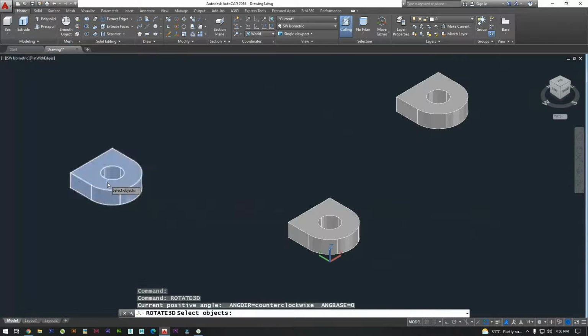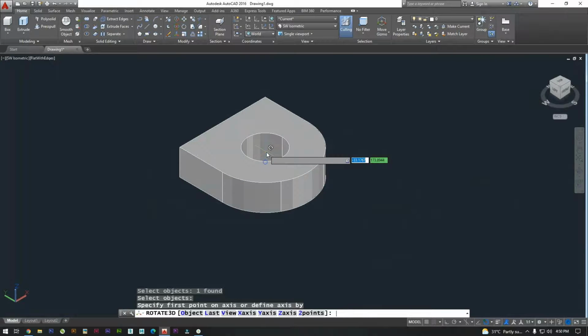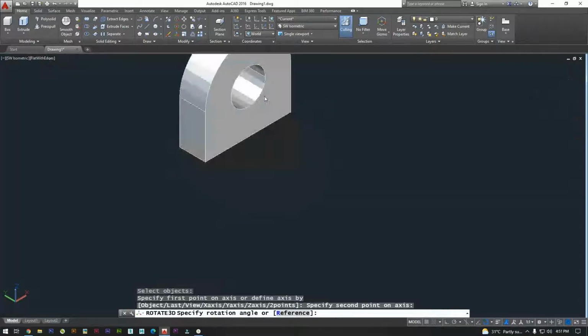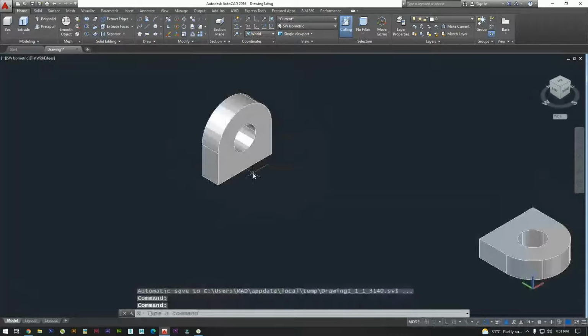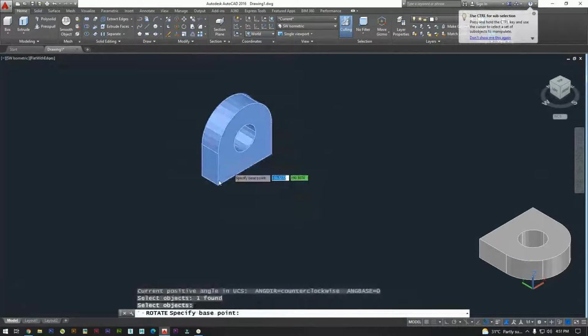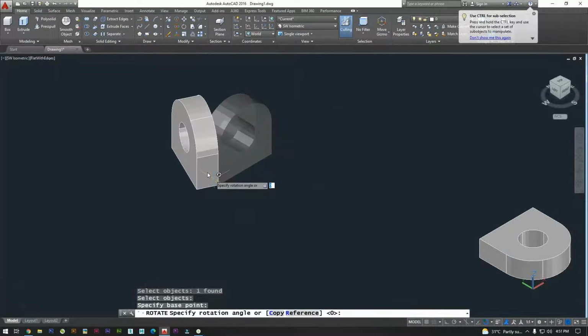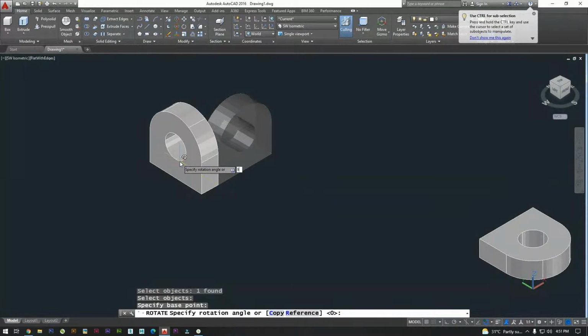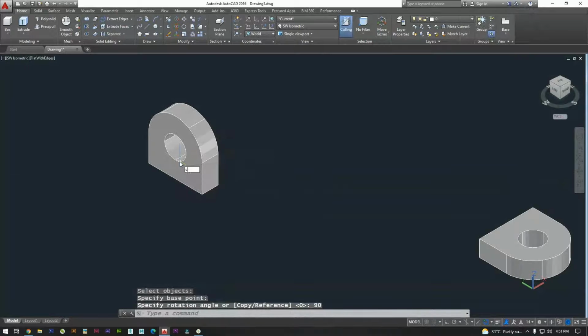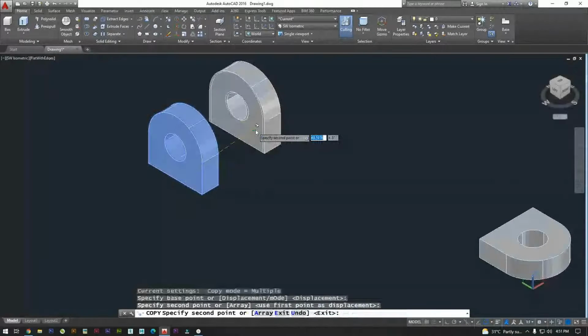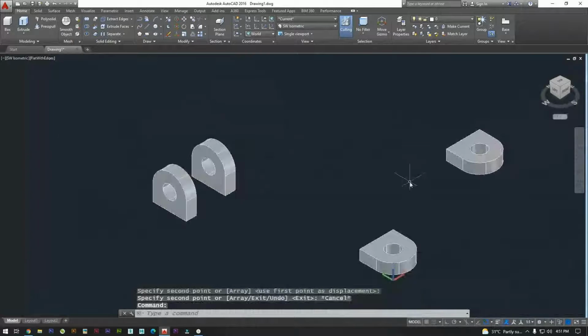Just select the object, specify two axes, that is x and y, either the bottom point or this top. Specify the value. Again rotate, 2D rotation, that is RO. Copy. Same way. Rotate 3D.